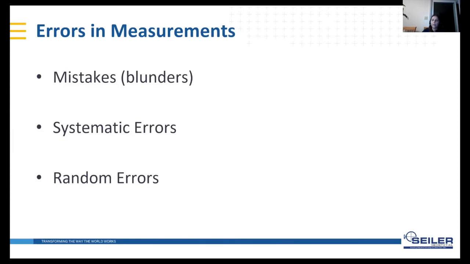There might be random errors that just happen, like atmospheric noise in GPS signals, or total station setup and sighting, or just small errors while you are taking the shots. This might be an observer's mistake. And we can never get rid of the random errors. They will always be there. But we can take some precautions to eliminate systematic errors or our mistakes. We are all human, so it's quite common to make mistakes.